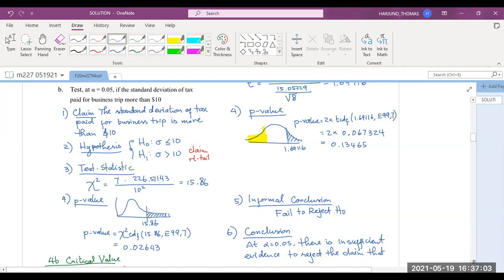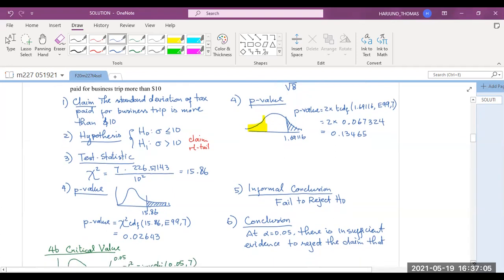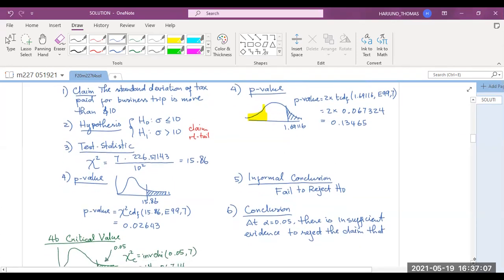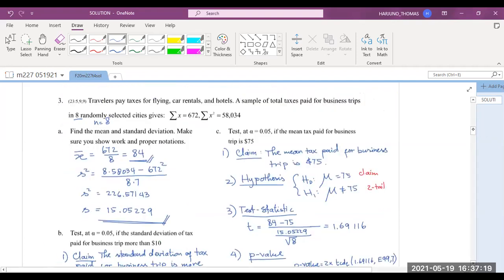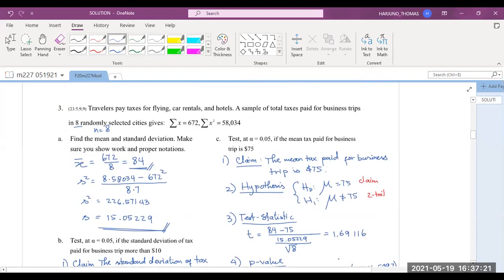If the claim is with the alternate hypothesis, we will try to support that. At least that's the wording commonly used in the conclusion. Claim that the mean tax paid, the mean tax paid for business trip